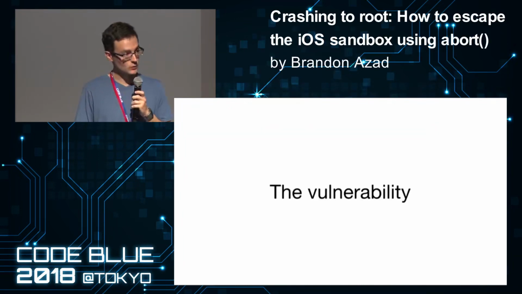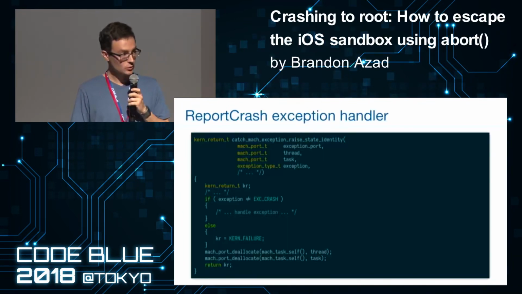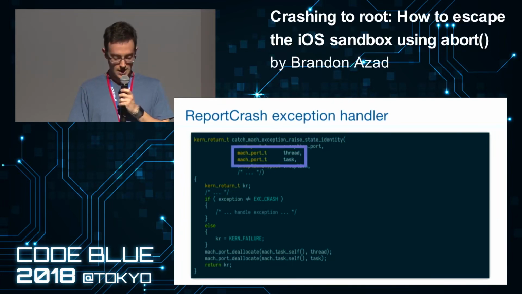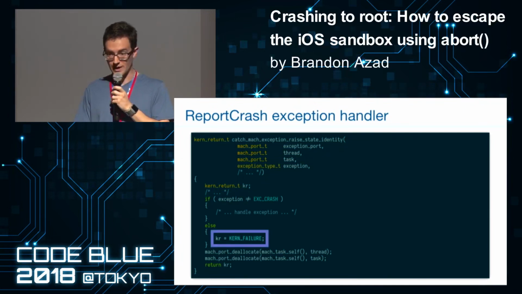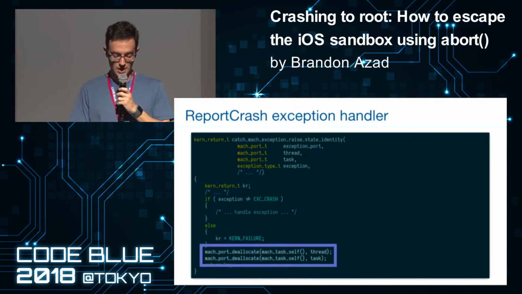So, let's talk about the vulnerability. I opened reportCrash in IDA Pro and decompiled it to look at its exception handling service routine. Here's the code. This function gets called directly by the auto-generated MIG code, and the thread and task port parameters are parsed directly from the exception message. If the exception type is EXC_CRASH, then the return value is set to KERN_FAILURE, and the ports sent in